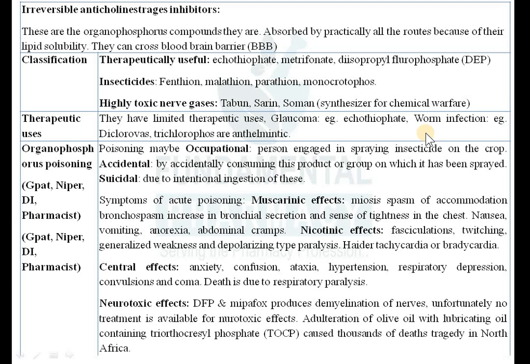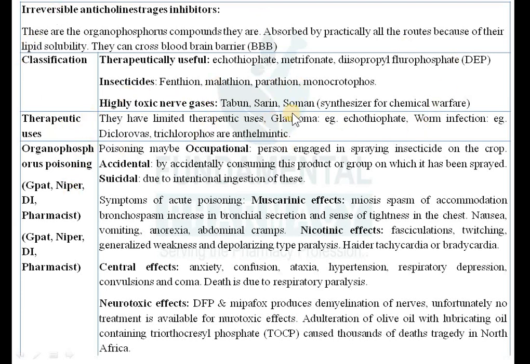Certain insecticides are used for the treatment of worm infection. Okay, for example, dichlorvos, trichlorphon are the anthelmintic, means they can remove worms from your intestine, but they are not clinically used because these are highly poisonous drugs. So the only clinical use of these irreversible inhibitors of acetylcholinesterase is glaucoma. Remember, ecothiopate, ये एक बार क्वेश्चन आया था, सो ये याद रखो। Then now what happens sometimes, because of this,